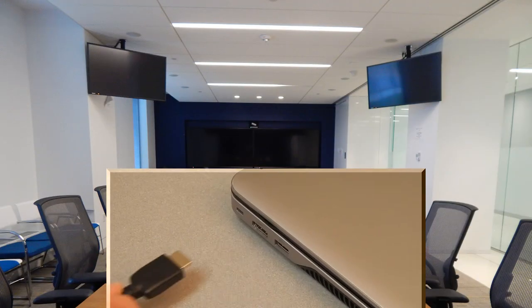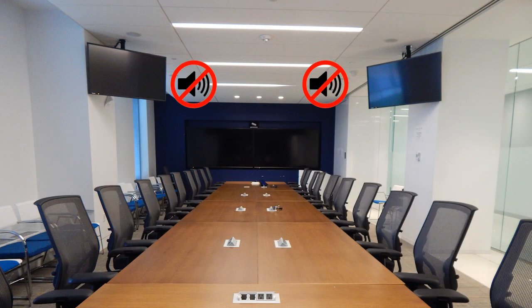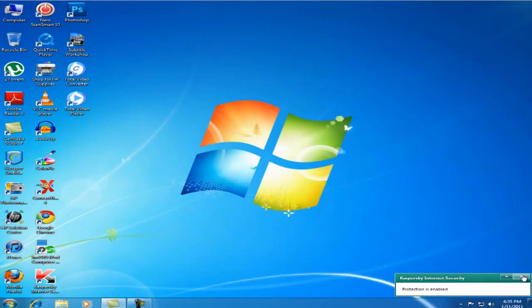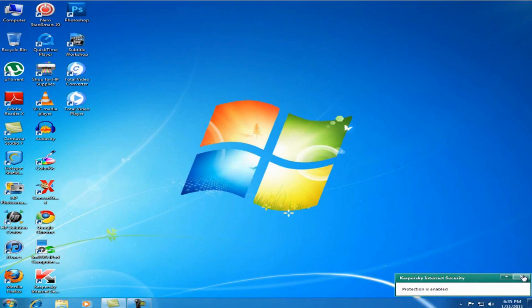Now let's do some audio troubleshooting. Have you connected your device via the HDMI cable and you don't hear any audio playing through the room speakers? If so, first check to make sure that the volume on your device is not turned down or muted. If there is still no audio, you will need to ensure that your laptop has selected the display as the